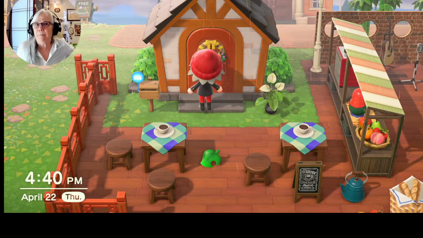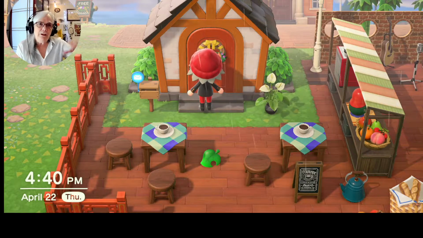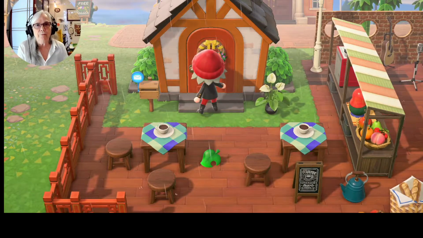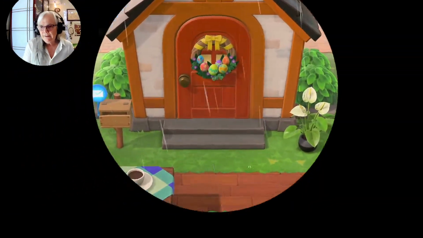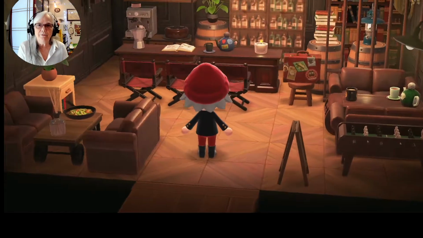It filled my beach. It was crazy. And then she gives you PDFs to show you how to put it together. So my experiment with that is how I did the inside of Carol's house, which I love. But I don't think I'm going to do it for every place. Now look at, isn't this beautiful?